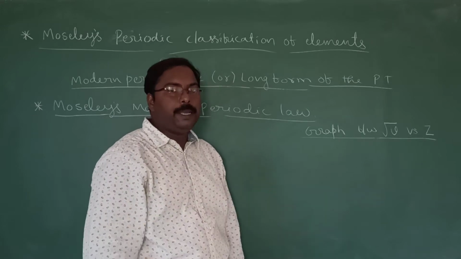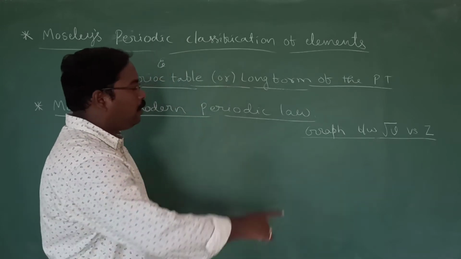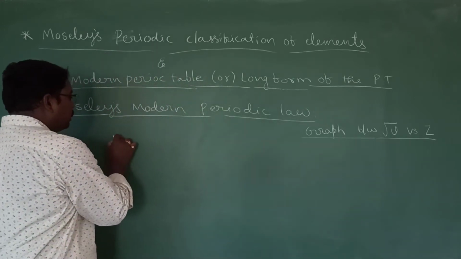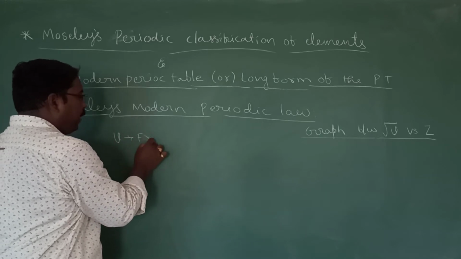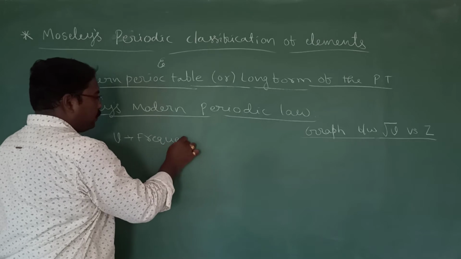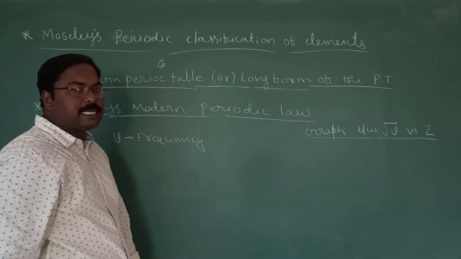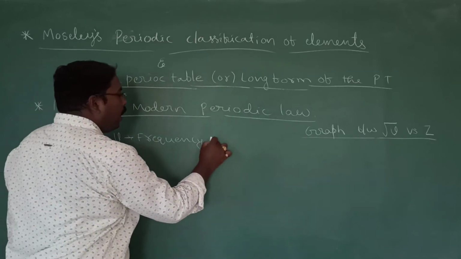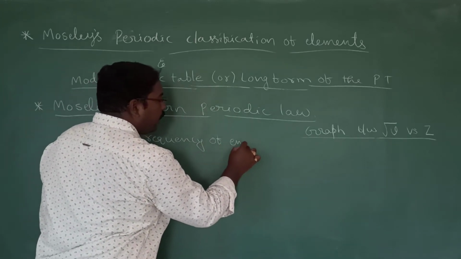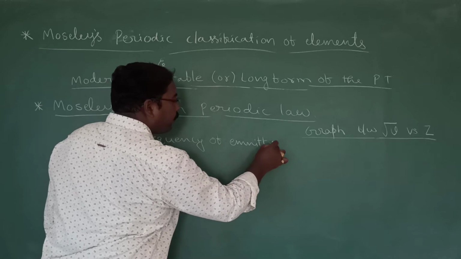We know capital Z means atomic number. So let us see what nu is. Nu is nothing but frequency, which we already discussed in the atomic structure lesson. Nu means the frequency of the emitted